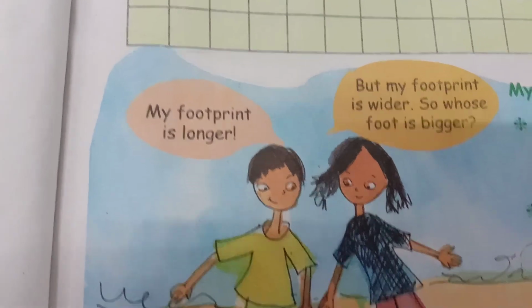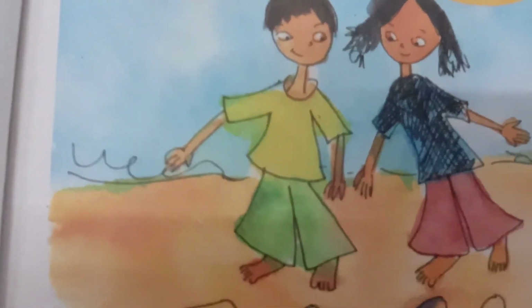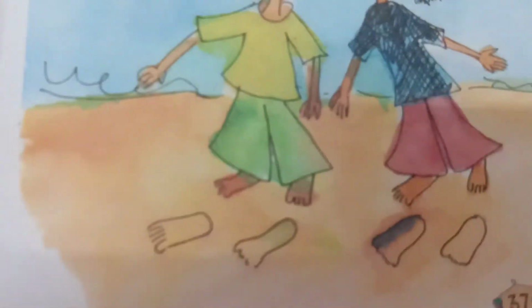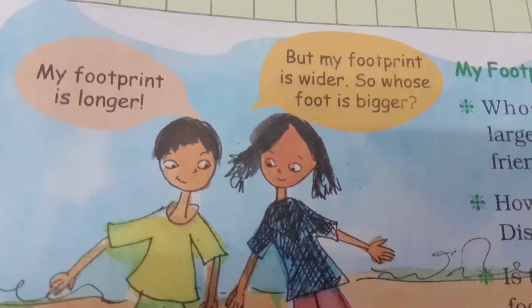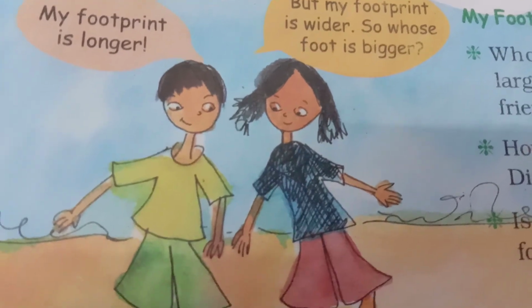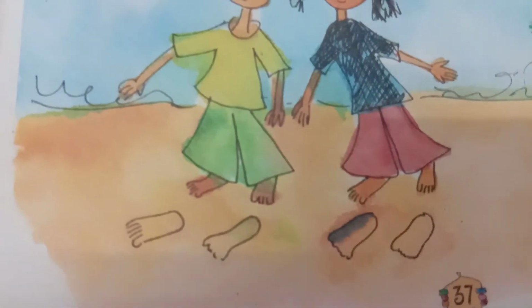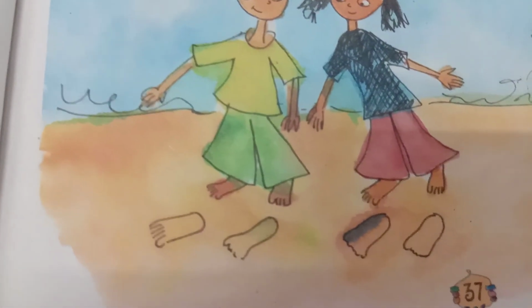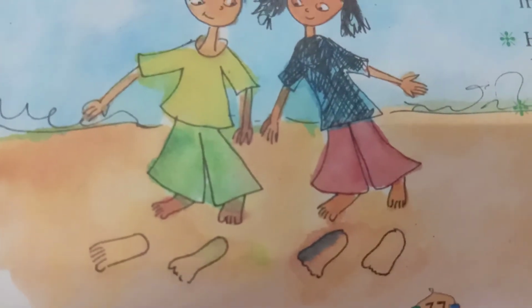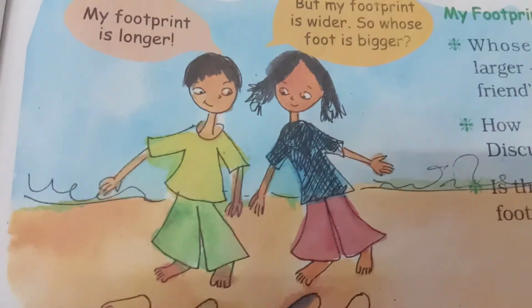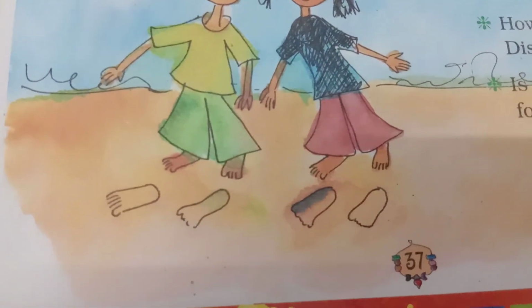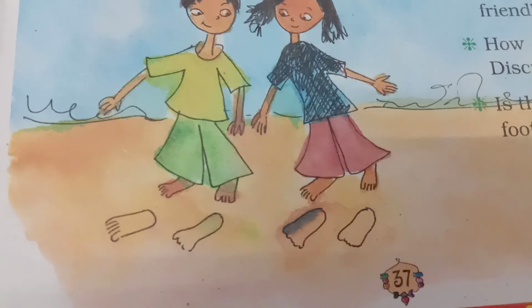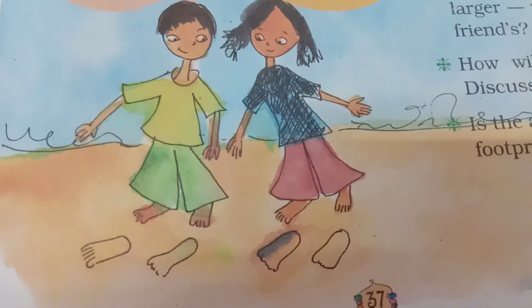Now, my footprints. My footprint is longer. You see this girl, her footprints are longer. The second girl, but my footprint is wider. So whose footprint is bigger? So here 2 girls, their footprints are there. One girl's footprints are longer. The other girl's footprints are wider. Whose footprints are bigger? So you find the areas of those footprints by using the square grid paper,